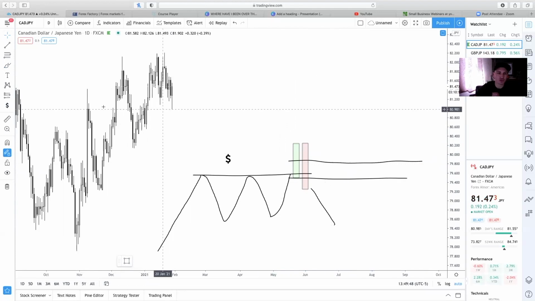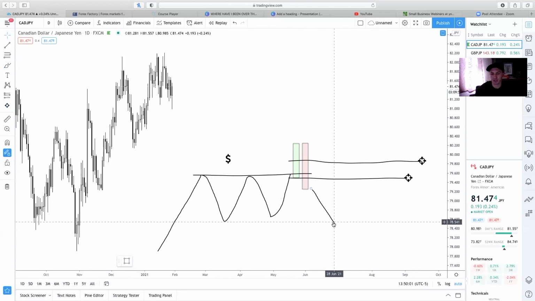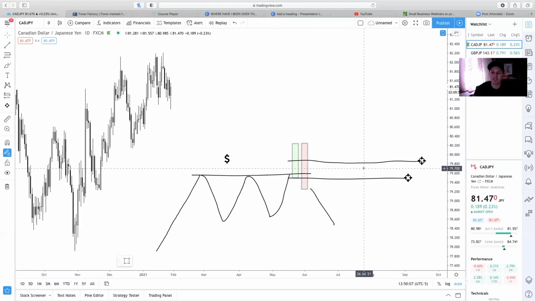Perfect. All right. So what you have here is entry point 1 and entry point 2. The open of the candle is entry point 1, and the 50% is going to be entry point 2. But the market is currently down over here. So we're simply going to wait for the market to come back up to this area. Once it's within this zone, it can